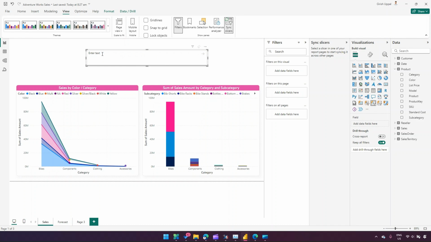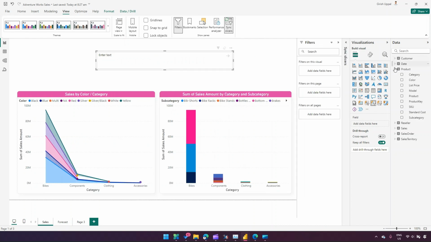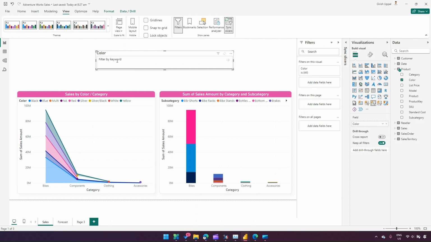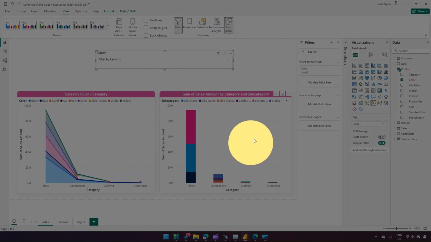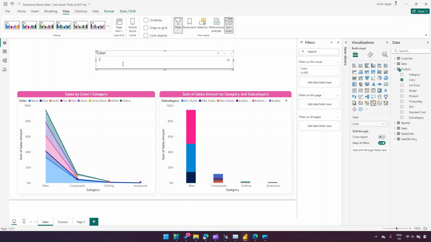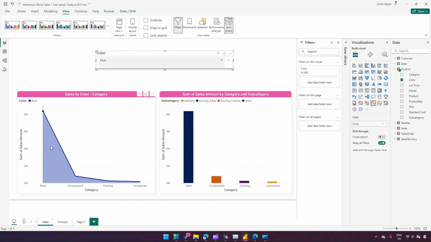And now here you can type in the field which you want to attach it to. So first thing, you need to attach it to some field. Okay, so what I'm going to do, I'm interested in color, so I'll pick up the color and then I'll put it in that field area. And now here, whatever I type in, it will filter on basis of that. So if I want to see only sales by color, say blue, and also I want to see the sum of sales amount by category and subcategory, but then just blue in it. So I'll just type in blue and press enter or click this arrow,